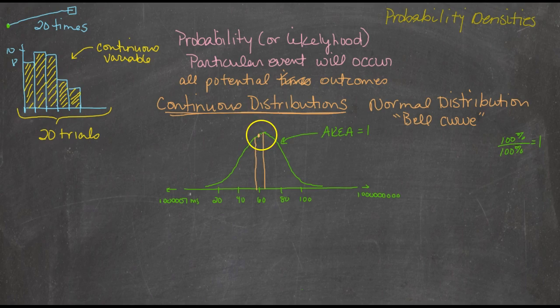I can choose some range, and if I find the area of this column, it will tell me the probability as a percentage of 1. It'll tell me, as a percentage, the probability of this point, that outcome occurring. Using the normal distribution curve to examine the probability of some random thing happening,